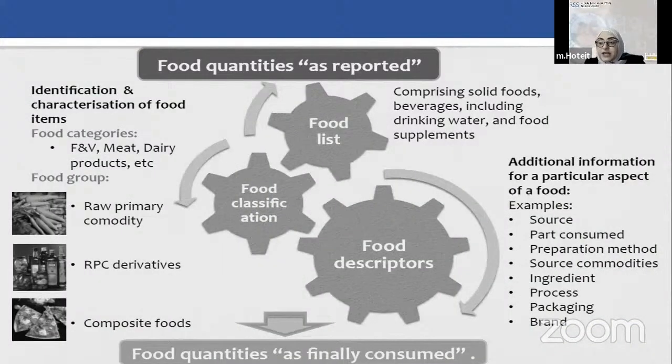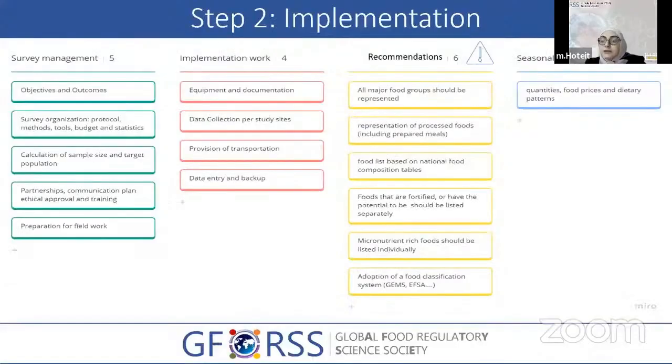As for the classification, it's very important before starting the survey to select what the food groups will be classified on, to identify food descriptors, and also to decide which food lists will be used in the questions. To conclude and to finalize with recommendations, conducting the food consumption survey starts by setting objectives and outcomes, then